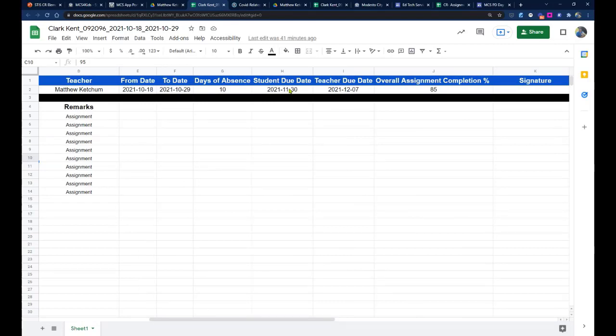I can see there's a due date when the students need to have these assignments completed by, and a teacher due date when the teacher needs to have the sheet completed by. And these are automatically calculated based on when the student has returned from their absence. What a teacher needs to do, if I scroll to the right,